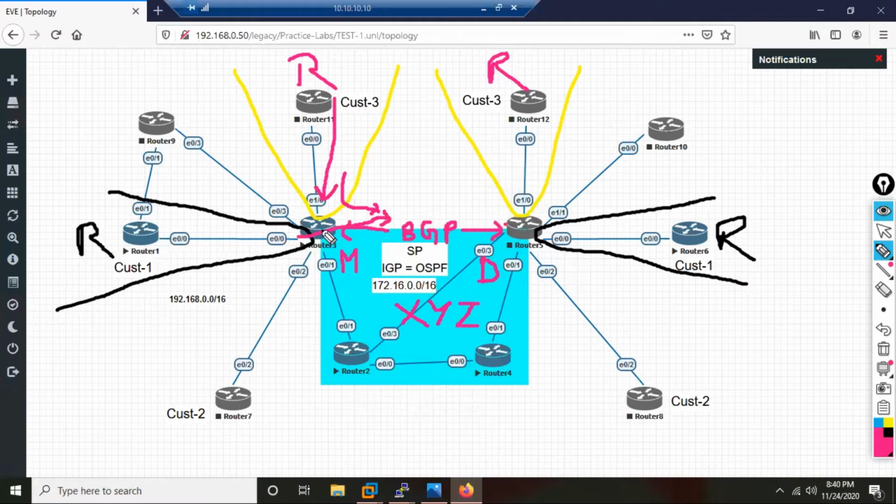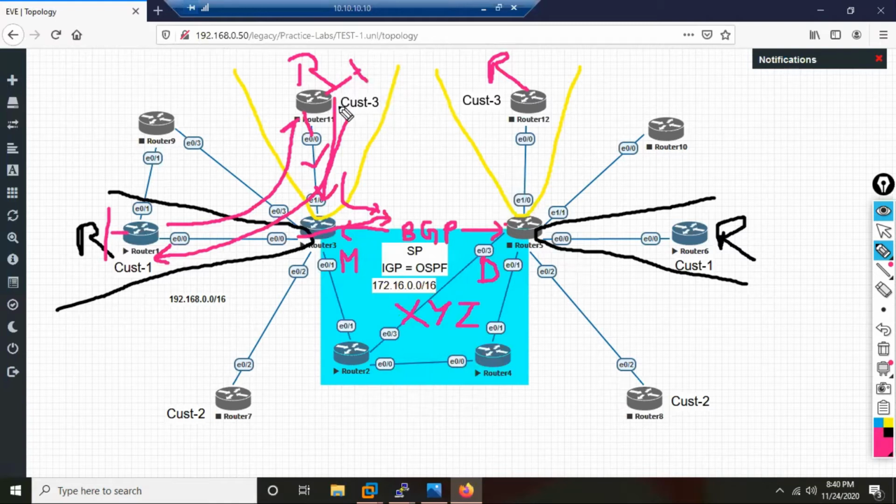That means the moment I say router RIP and advertise this link, I will get routes of customer 3. But what will happen on R3 itself? Customer 1 routes will get forwarded to customer 3 and customer 3 routes will get forwarded to customer 1. What will happen then? Routes of two different customers have leaked. And if routes leak, ultimately what will happen? Their traffic will leak.